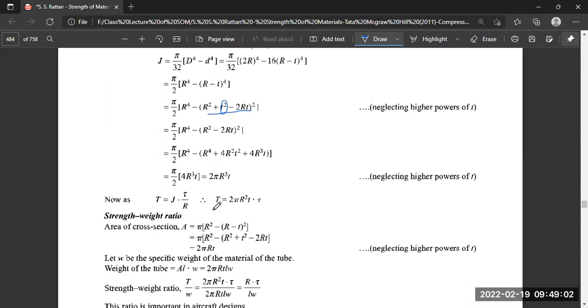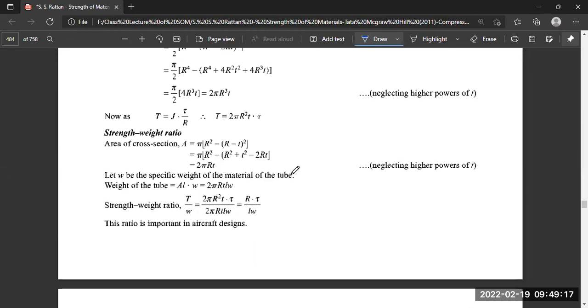Thus, the relation between torque and stress: we put the value of J here, and it becomes T equals tau into J divided by R, which is 2 pi R square t into tau. That is the relation between the torsional moment and the shear stress. For the strength to weight ratio, we go through the cross-section area of the shaft, which, after neglecting t square, is 2 pi R t. And the weight is the specific weight of the tube, so the weight of the tube is A into L into omega, where A is replaced by this value. This relation will become,